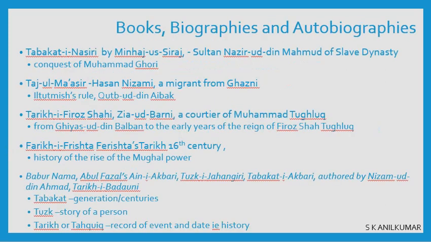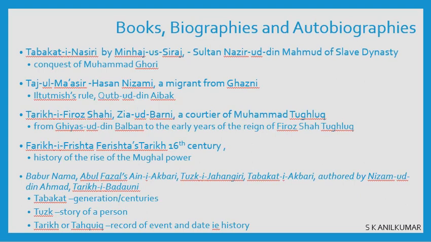Then there were so many books that were written. Books can be fiction or non-fiction, or biography and autobiography. The problem with biography and autobiography is that when you write a story about yourself, or ask somebody to write one about you, it will be in your favor and they will not tell any minus points or black marks about you. But still, we have books like Tabaqat-i Nasiri by Minhaj al-Siraj. Minhaj al-Siraj is a very famous chronicler. He wrote a lot, from which we learn a lot about history.